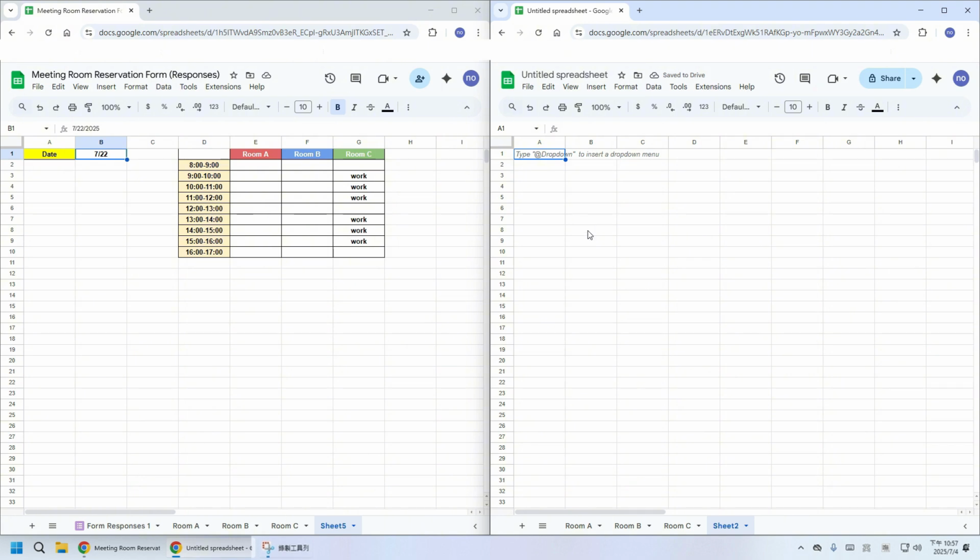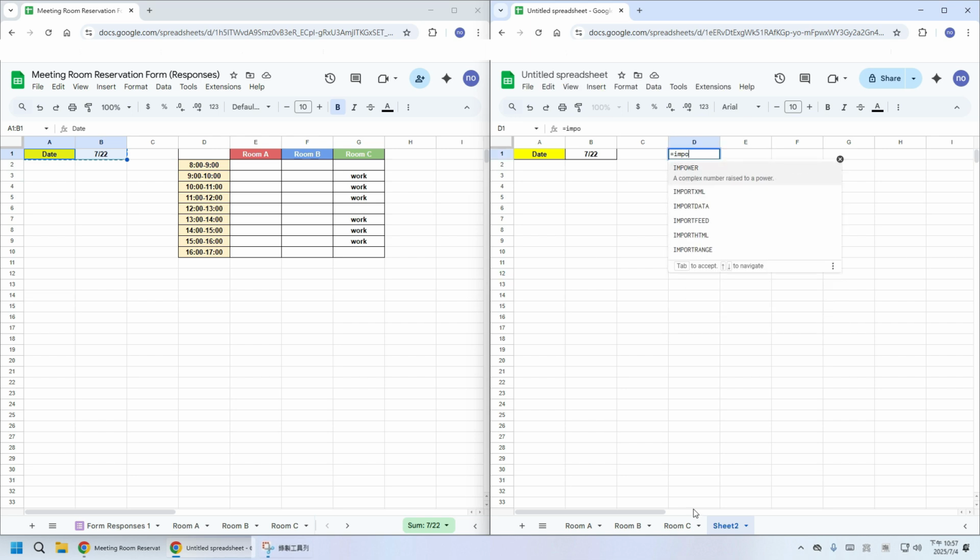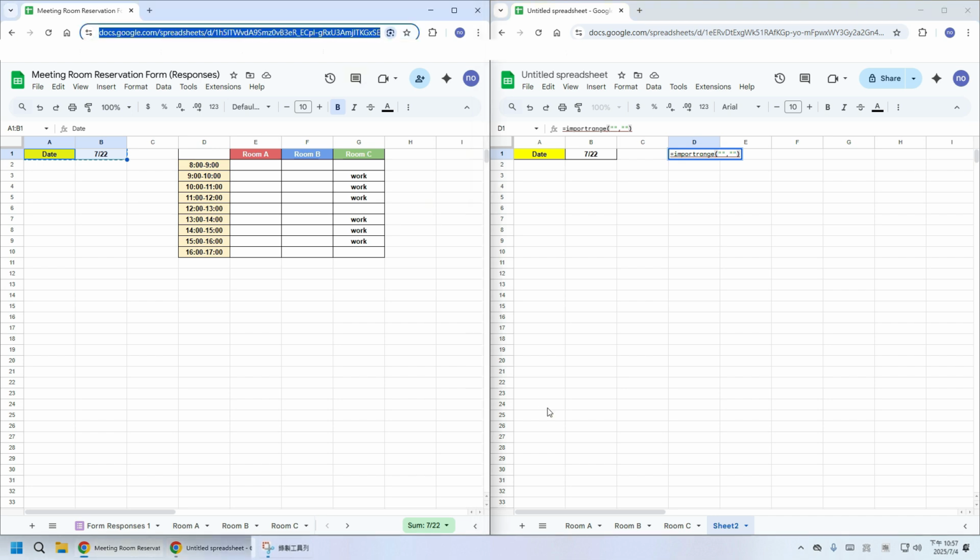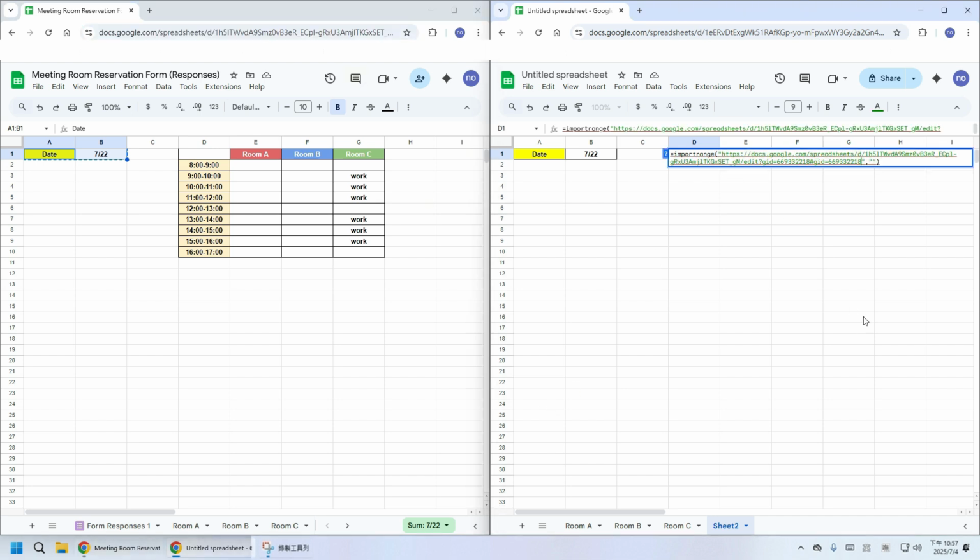I'll copy these two cells here and paste it here. And use the formula import range here again. This time the range is from D1 to G10.